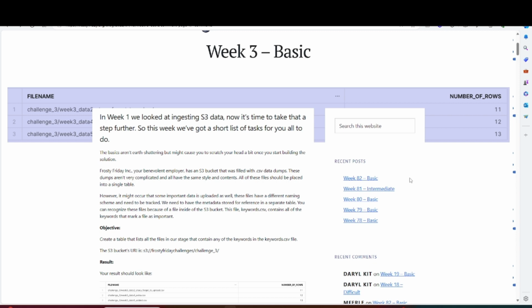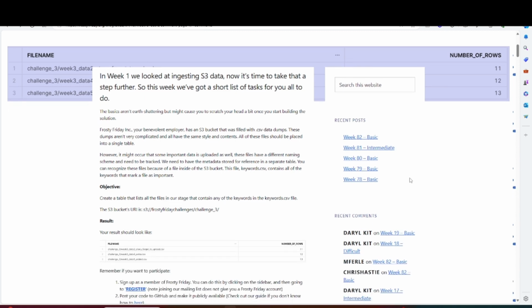So in here, the third challenge is: in week 1 we looked at ingesting structured data. Now it's time to take that a step further. This week we've got a short list of tasks for you all to do. So it says here, the key takeaways are it has an S3 bucket that was filled with CSV data